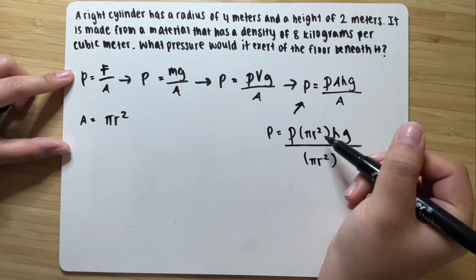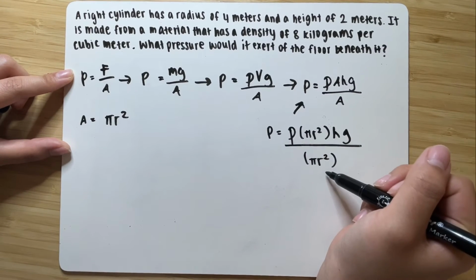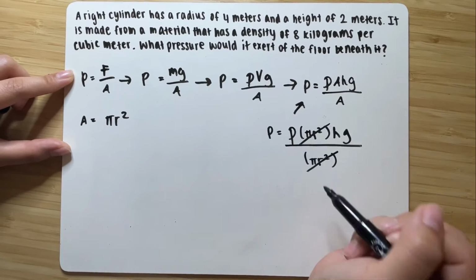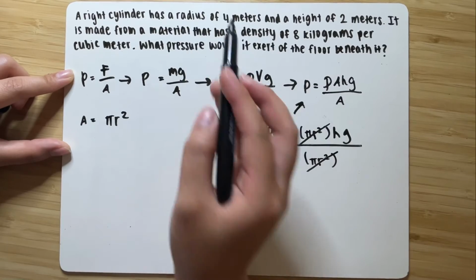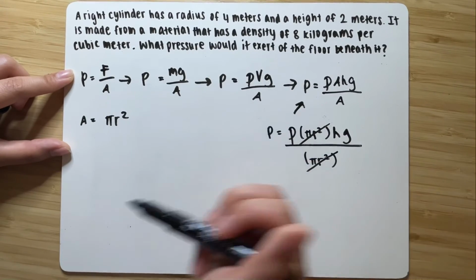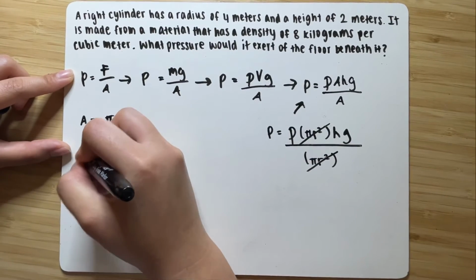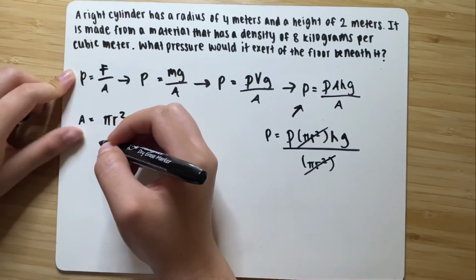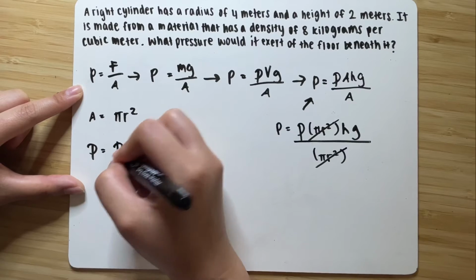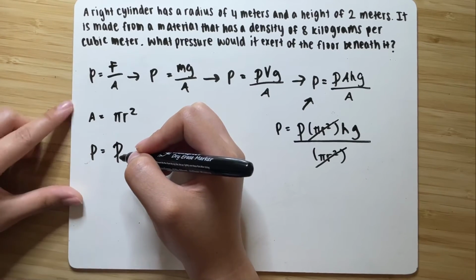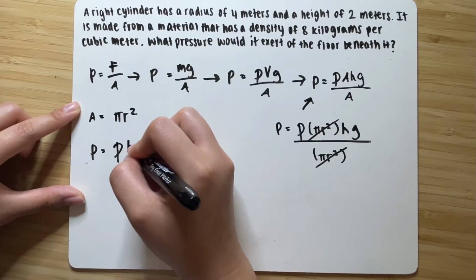But see how there's a pi r squared here and a pi r squared here? You can just cancel these out. So technically you don't even need the radius because it cancels out. In the end, you're left with pressure is equal to the density times height times gravity,